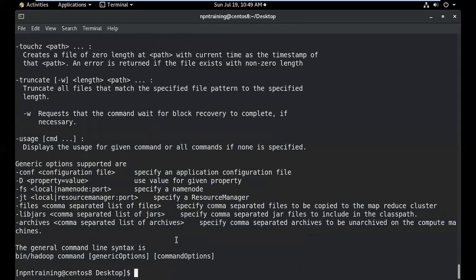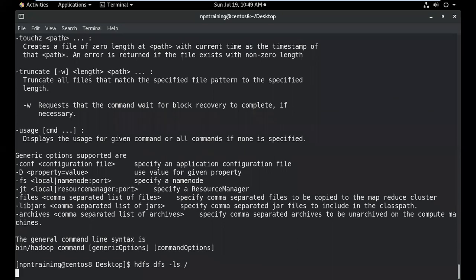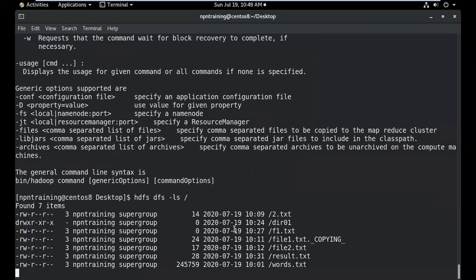Let's assume in HDFS we already have a file. Let me view the HDFS, hdfs dfs -ls /. So we have the file by name 2.txt. Now, for example, look at this now, hdfs dfs -test. I will just use an attribute. Let's say the first attribute I'll be using is -e, and I will just give /dir02. Now, do you have this path in HDFS by name /dir02?